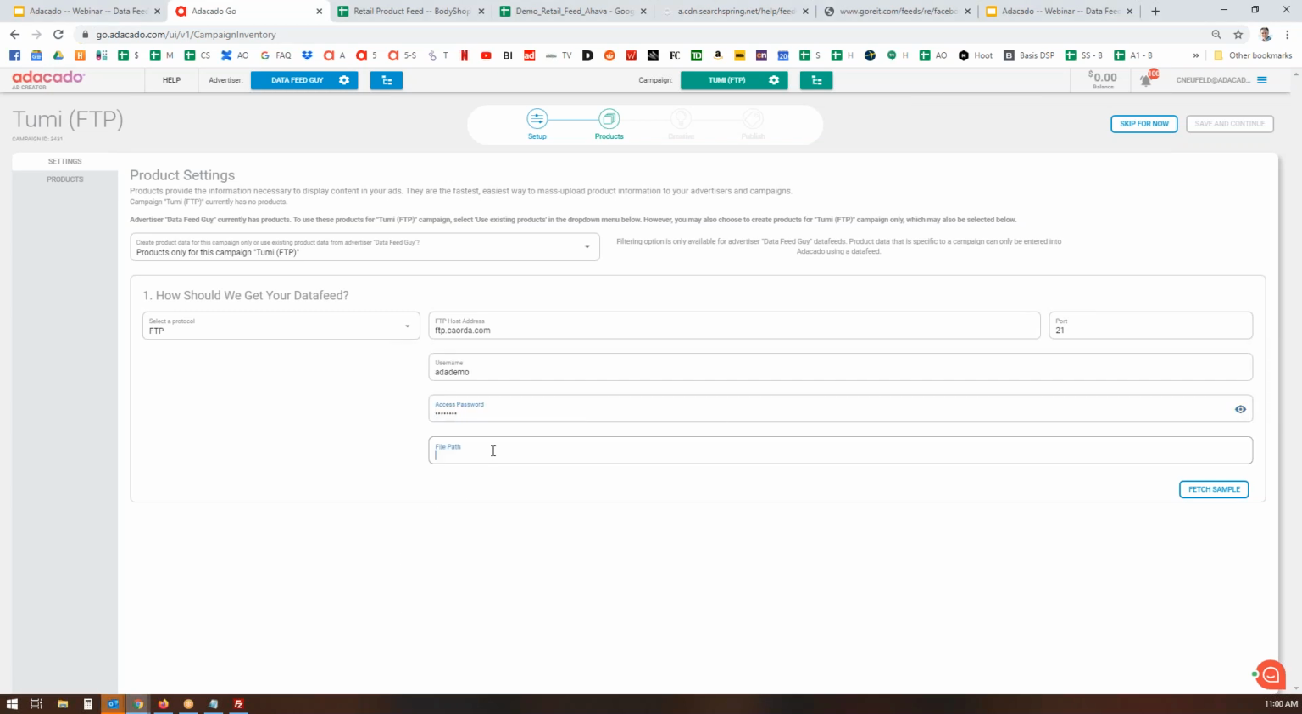Now, the only other thing I need to put in here is a file path, because we need to tell the system which file to grab. When it gets to that location and logs into that account, remember there were a whole bunch of different files in that directory. The one we want is to_me_clean.csv. So the file path refers to the actual file name we wanted to grab. When I click fetch sample,